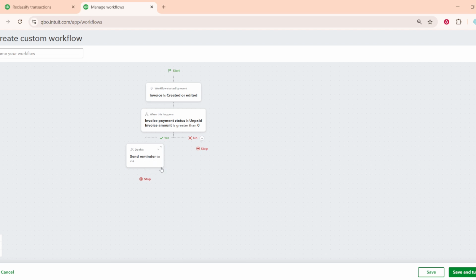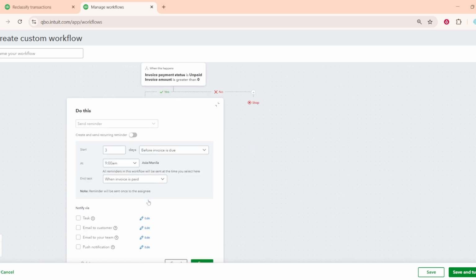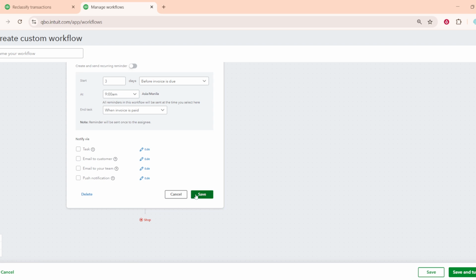If this workflow involves another person, assign it to the relevant team member or members. Assigning clarifies accountability and ensures the right user gets notified within QuickBooks according to their preferences and access. When everything looks good, click Save to activate the workflow. From this point on, QuickBooks will monitor the selected records and apply your rules automatically so you don't have to